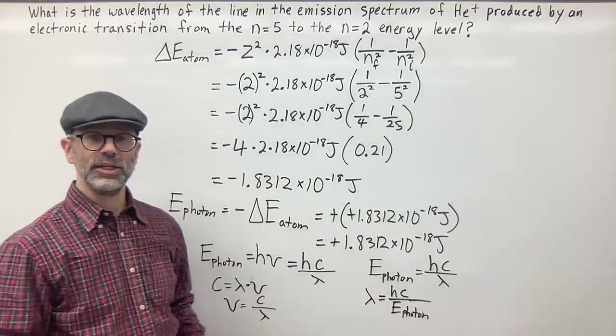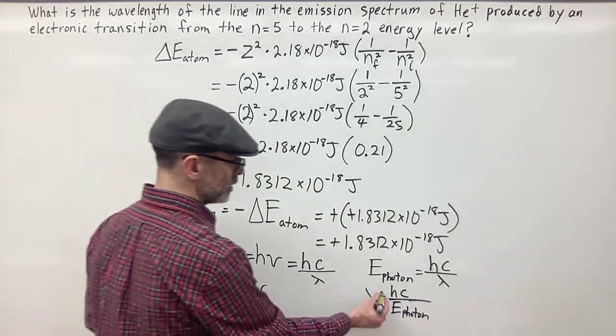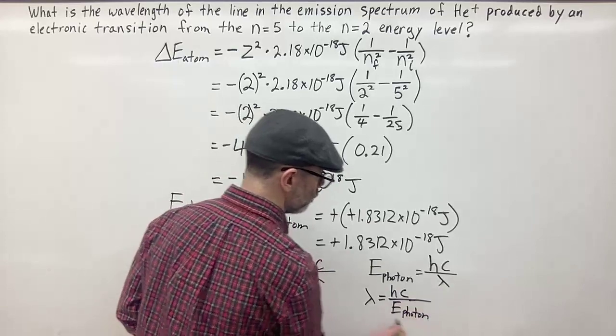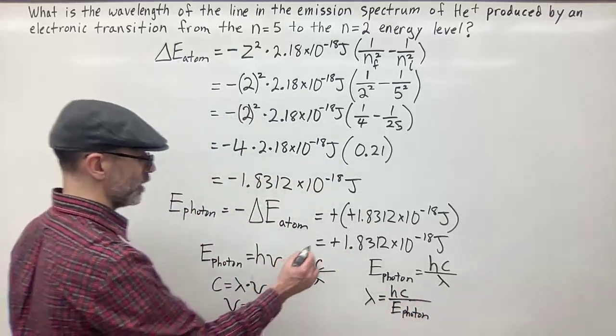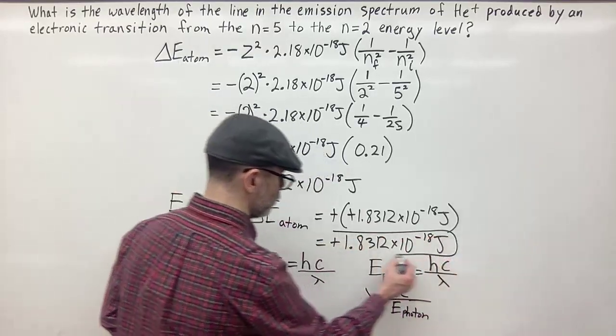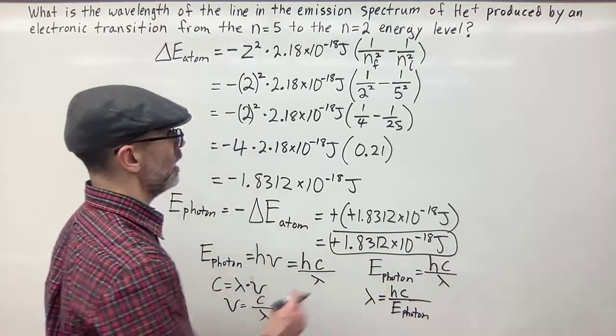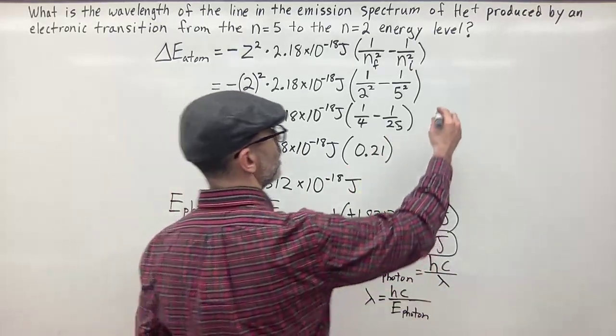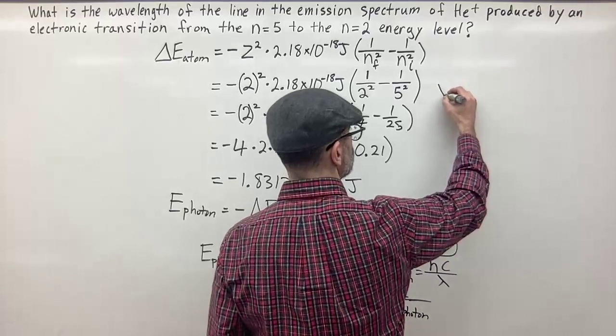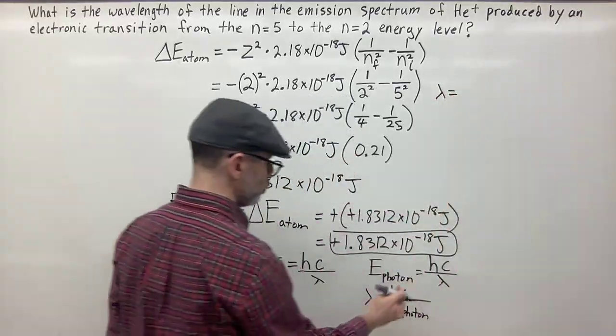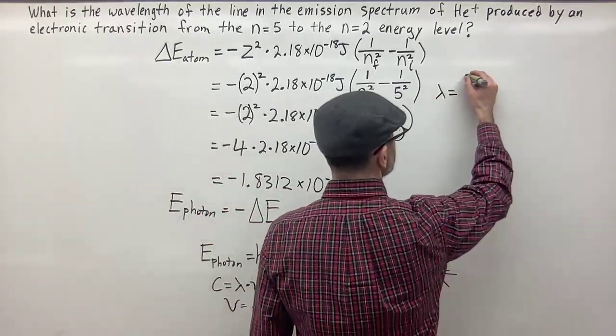So now all I need to do is plug in Planck's constant, the speed of light, and the energy of the photon that I got here. So here's the energy of the photon. So I'm going to plug that in. I'm going to continue the calculation up here. So lambda is equal to Planck's constant, which is